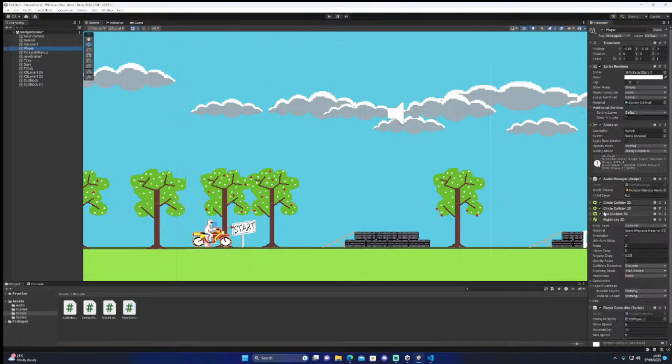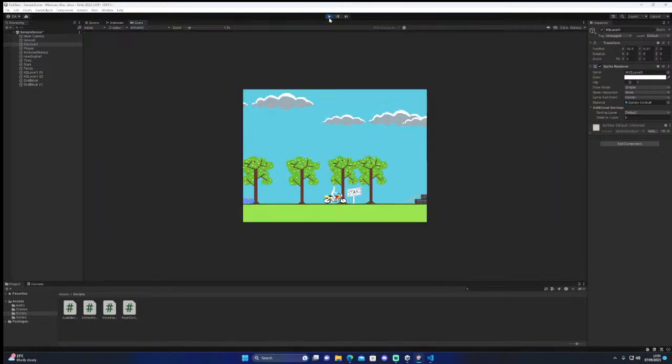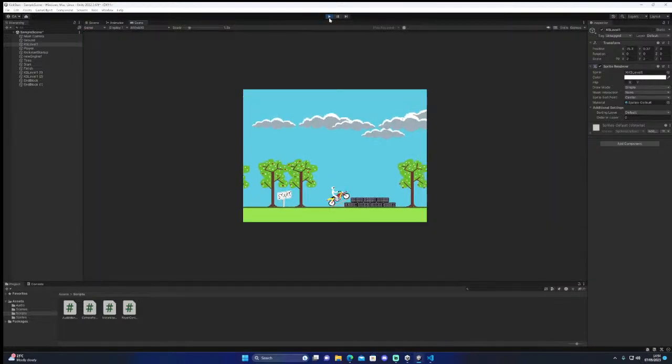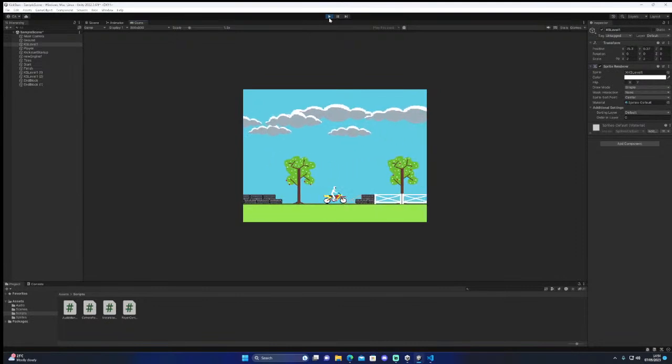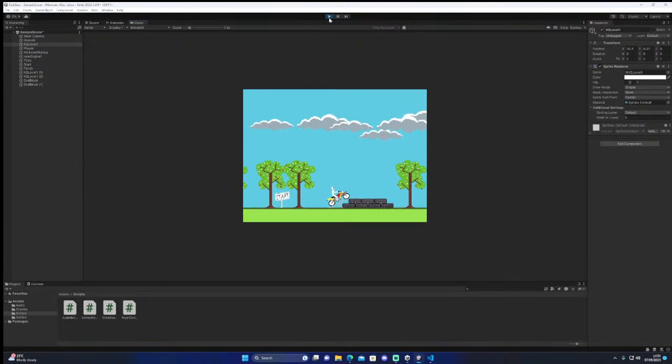Rolls. Mass 1. Was it 1? Yeah, I think so. So let's try 2 on the gravity. Yes, that is going down faster, isn't it? That's visibly faster going down.